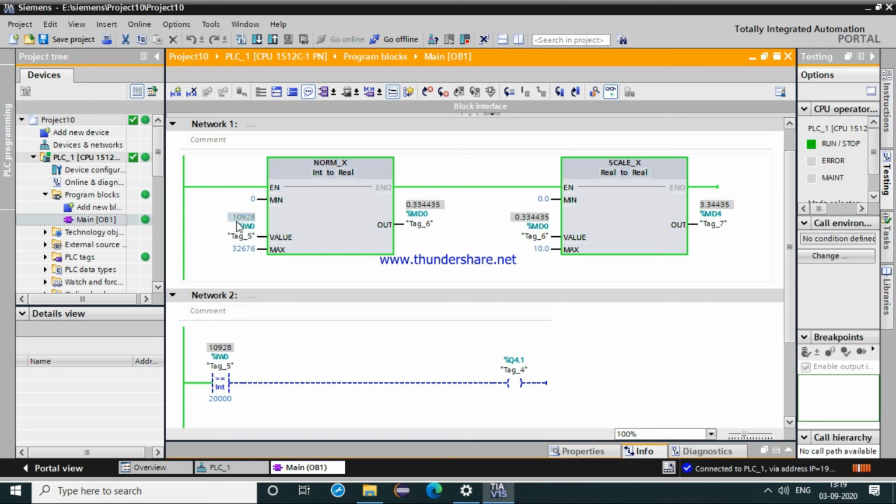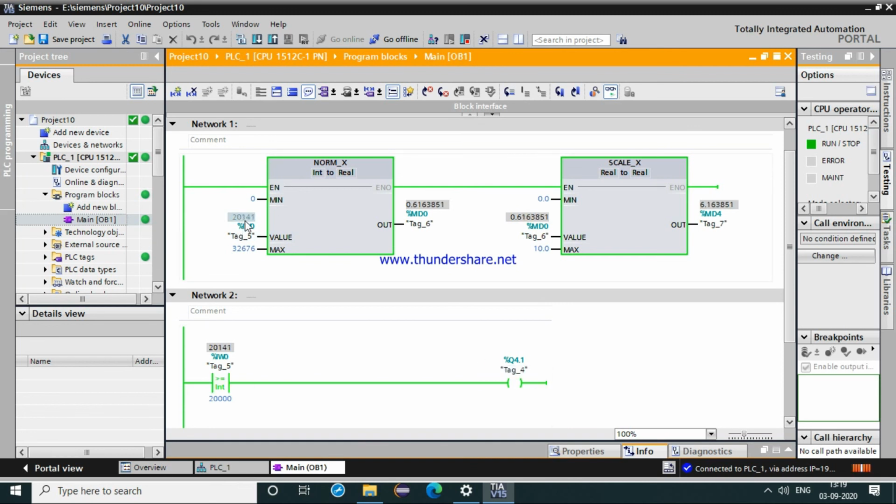Now it has reached 10,000. As I increase the value to 15,000, and it goes above 20,000, we will get our output using this comparator. If we lower the value, the output will go off.